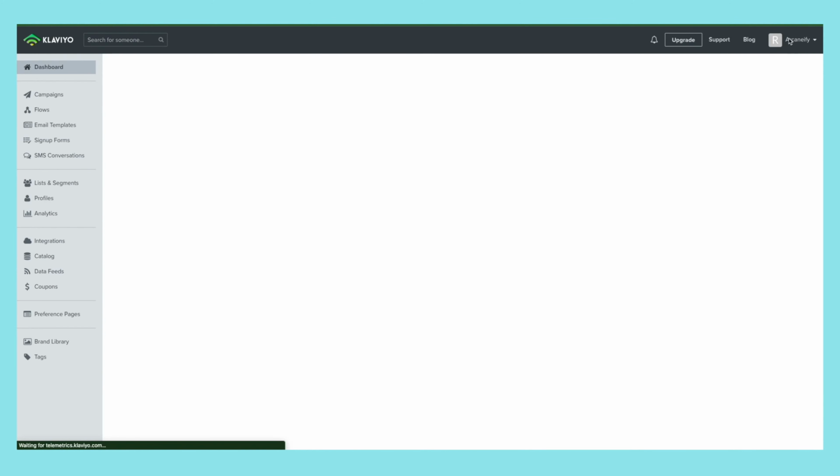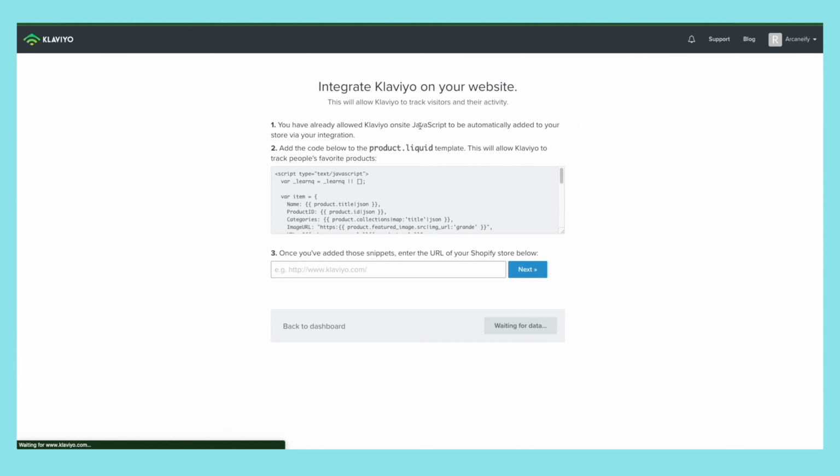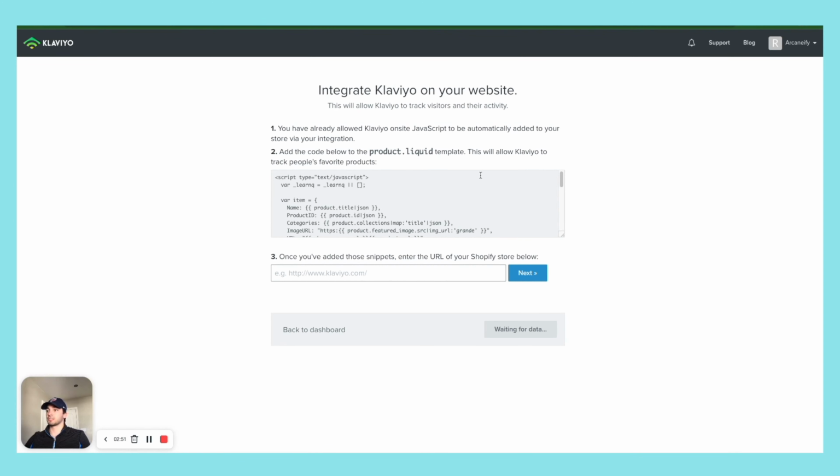What you want to do from there, once you're integrated, is select set up web tracking. From there, once you get to this page, this is where we're going to set up the dynamic tracking to make sure that if someone browses or leaves or views a product or places an order, things like that, that we have that covered. So you'll want to copy this whole entire piece of code, copy it,